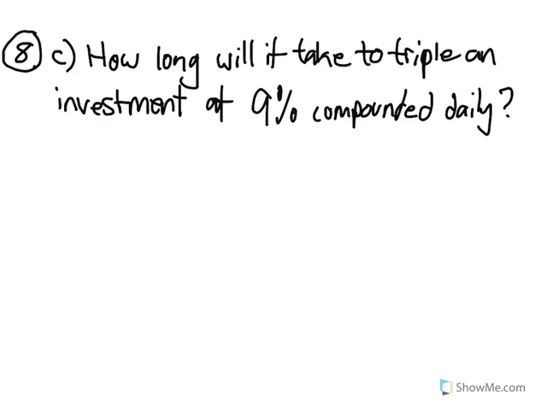Okay, here we have another money question. How long will it take to triple an investment at 9% compounded daily? Again, we want to be in that frame of mind that as soon as we see it's a money or interest question, we're going to start with our formula. A is your final amount, P is your principal or starting amount, R is your rate,